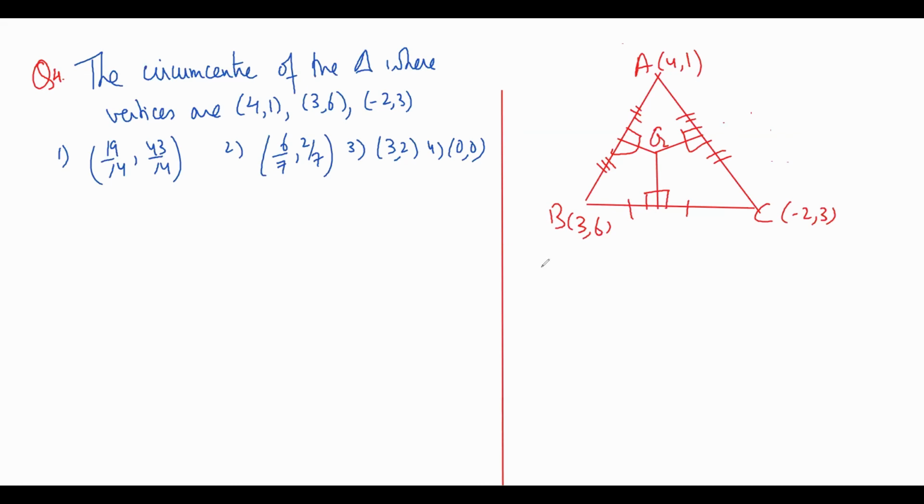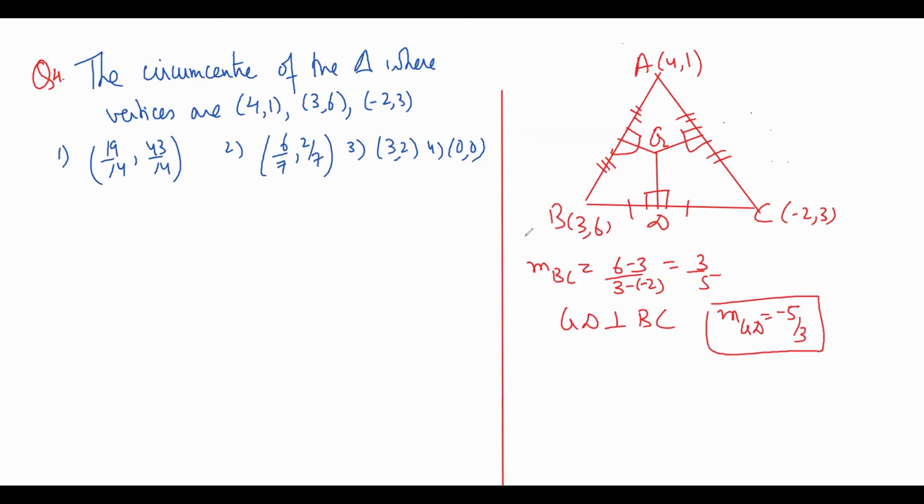So we just find the slope of side BC, and according to the formula of slope, y2 minus y1 upon x2 minus x1, the slope is 3 by 5. And G is on GD, and GD is perpendicular to BC. According to the property, the slope of GD should be minus 5 by 3, the negative reciprocal of the slope of BC.